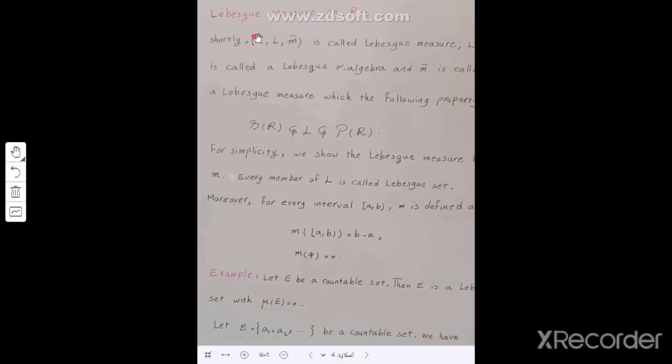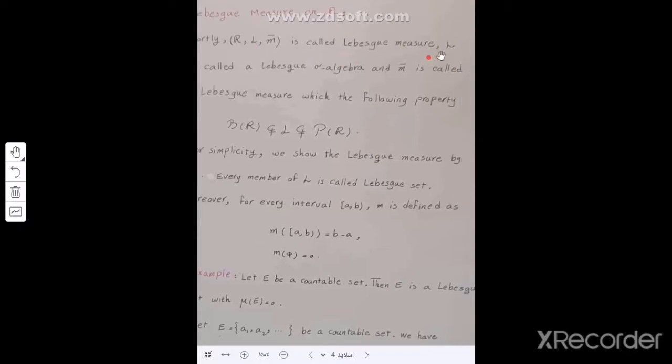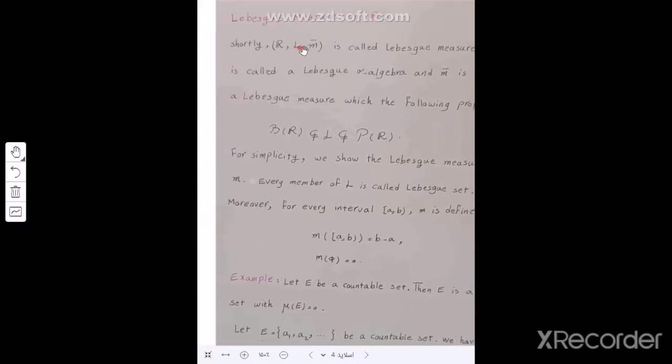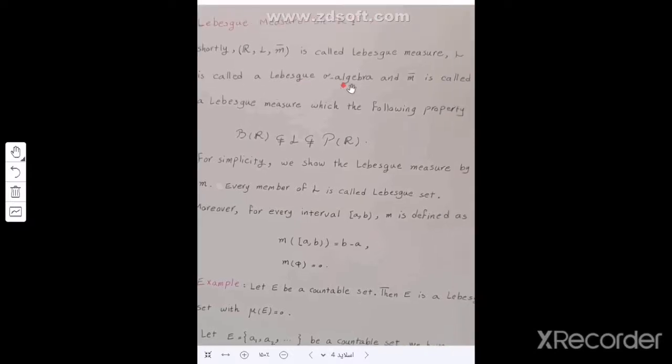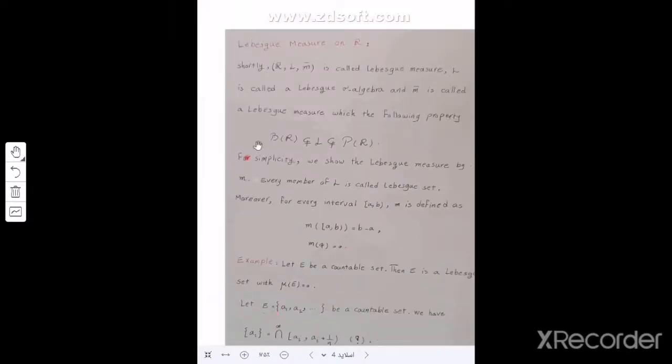This triple (R, L, M bar) is called Lebesgue measure. This is the main set, this is a sigma algebra, and this is the measure. The domain of M bar is L. This L, which is a sigma algebra, is called the Lebesgue sigma algebra, and M bar is called a Lebesgue measure with this property: